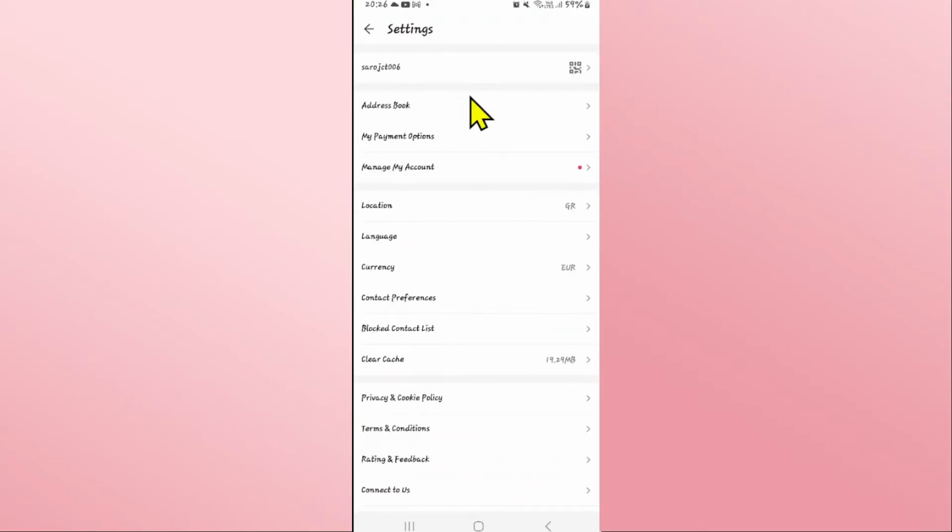If you click on the Me icon at the bottom right corner and then tap on Settings at the top right, within the gear icon, you will find the My Payment Options section. Go ahead and click on it, and within this page, you will see the option to add your credit or debit card. However, there is no option for Cash App. So if you really wish to use your Cash App funds within your Shein account, then you will need to